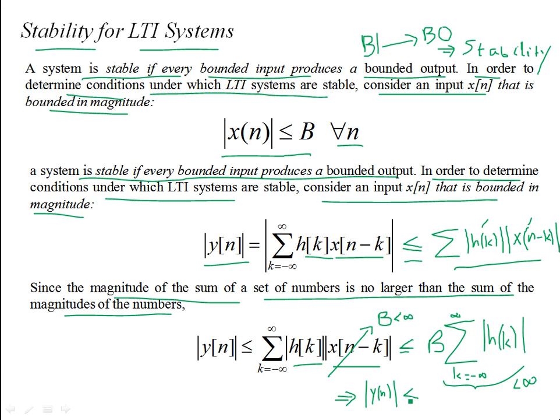You see, we have proved this in the forward direction. It could be proved in the reverse direction as well. So this will be a necessary and sufficient proof that for a discrete time LTI system to be stable, its impulse response should be absolutely summable. This quantity over here should be a finite quantity, because a finite quantity multiplied by another finite number B should be a finite number, less than infinity. So an important criterion is that the impulse response should be absolutely summable.